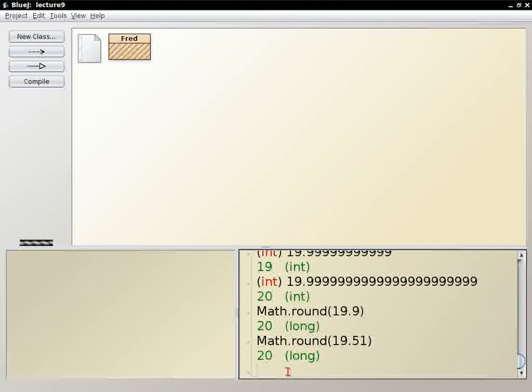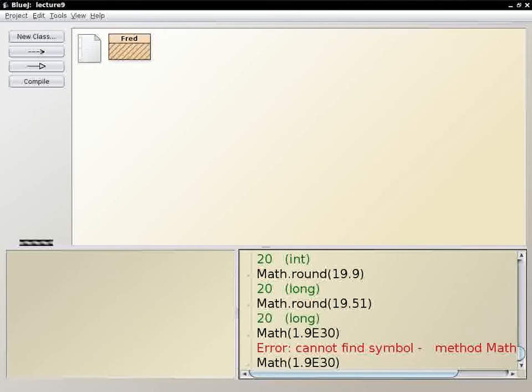The reason for that is that you could have a pretty large number. So let's take 1.9 times 10 to the 30, math.round.